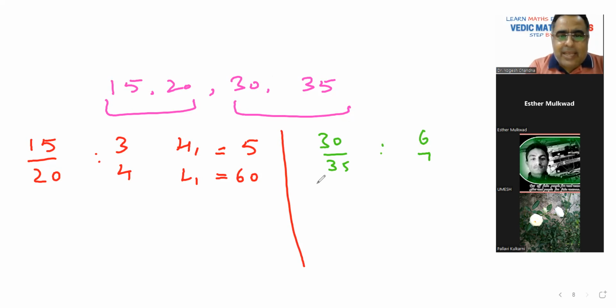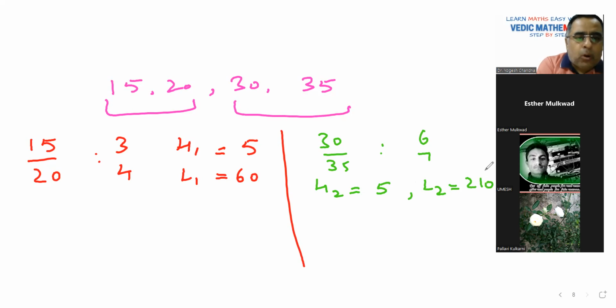So that means H2 is equal to 5 and L2 is equal to 210. Yes, any doubt, Pallavi? नो डाउट सर।